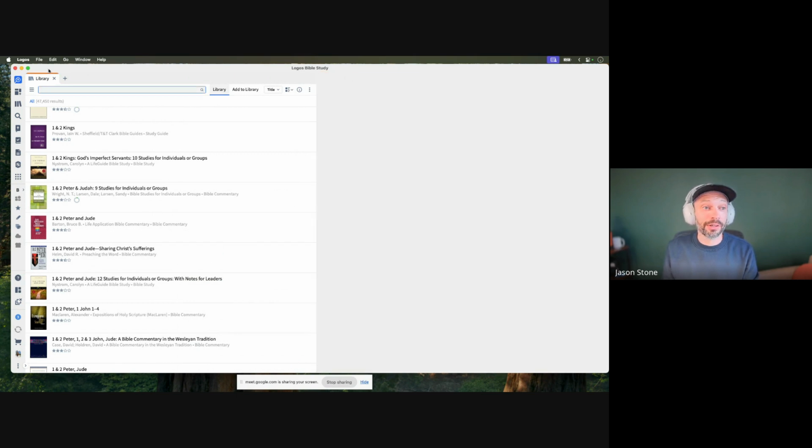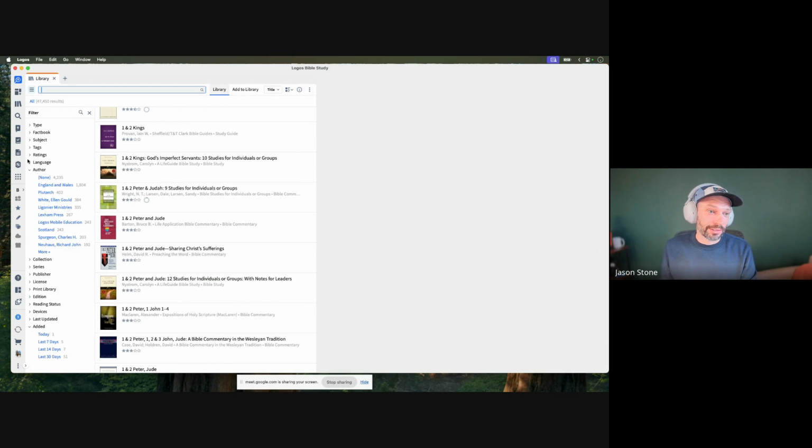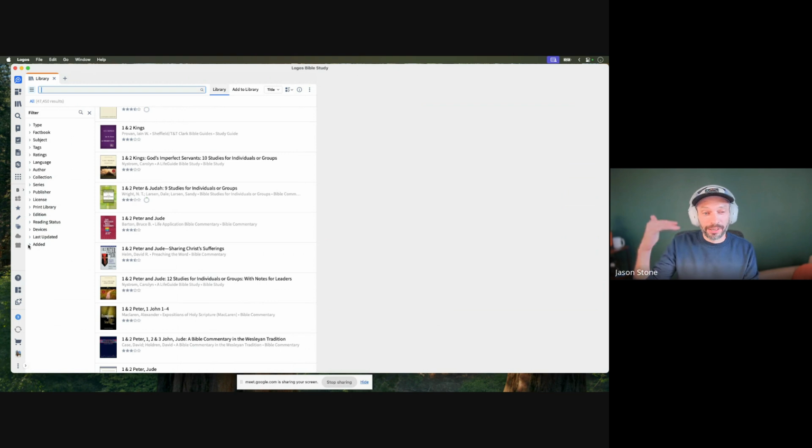If you're thinking about organizing your resources as far as your highest rated, or your most preferred, or just, do I have commentaries on Obadiah, or something like that, then you could use tags, or you could use some of the filters over on the far left here within your library to sort that. Does that help?